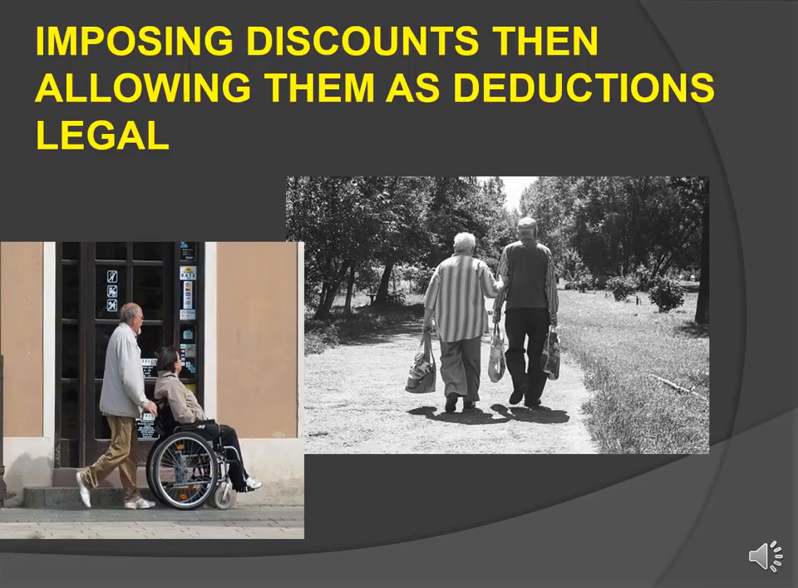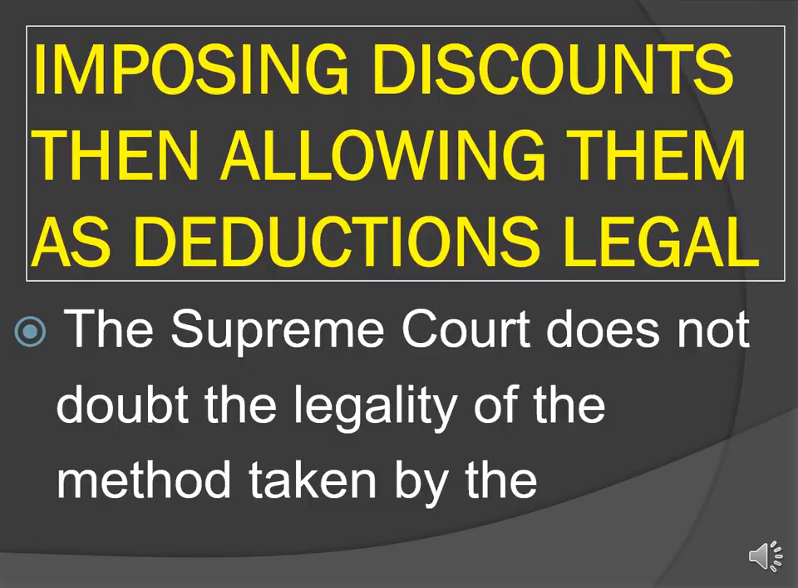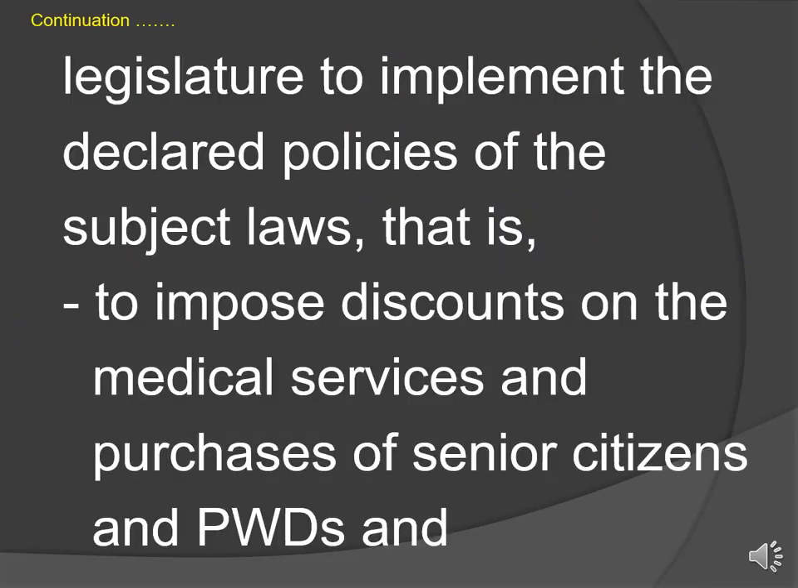Why? There was an amendment of the law that now allowed the 20% discount to be used as deductions and not anymore as tax credits. Supreme Court said this is legal. So why is it that this is legal? I remember it was asked once in 2016. Therefore, it's a problem. So the Supreme Court does not doubt the legality of the method taken by Congress